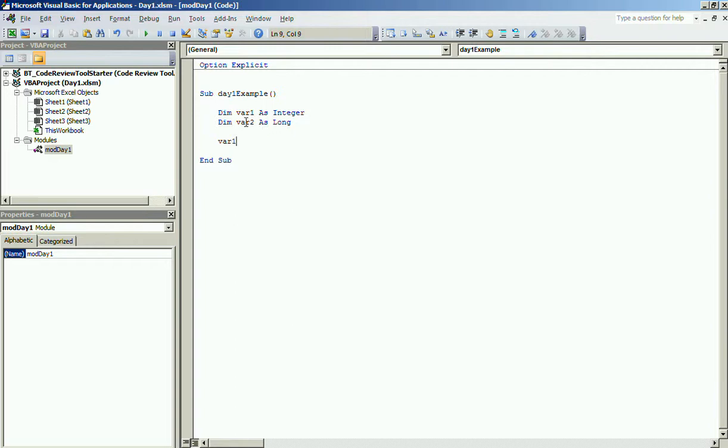So let us assign some value to this variable. Integer can hold any whole number value, but it has a range, so we will look at that later. And now let us display this value using message box function.